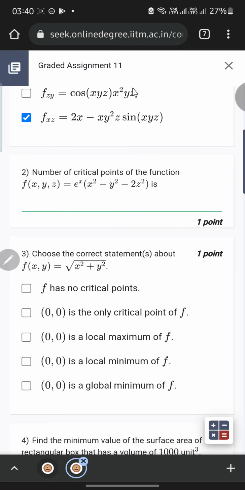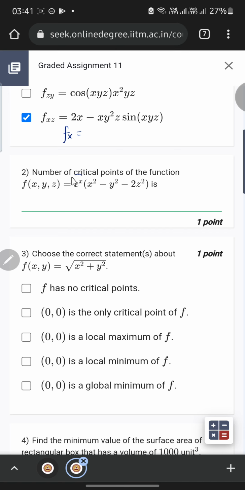Perfect. Now the number of critical points in the function xyz. So first of all, we will be taking f of x. I think it would be better to use the UV rule here, right? So using the UV rule,